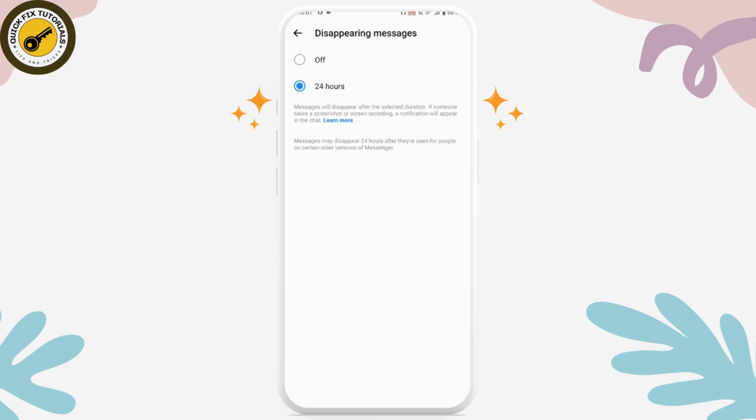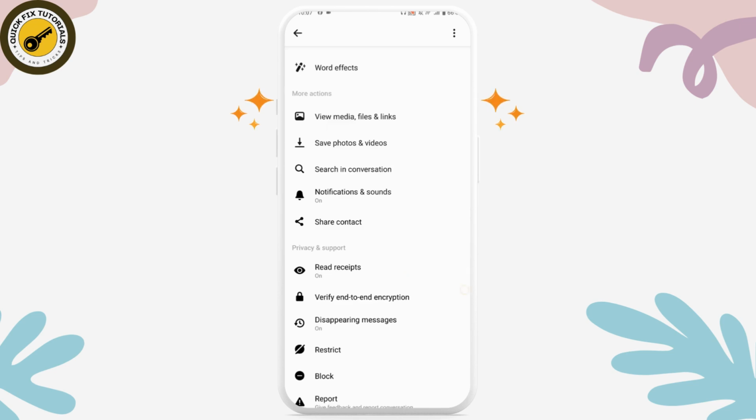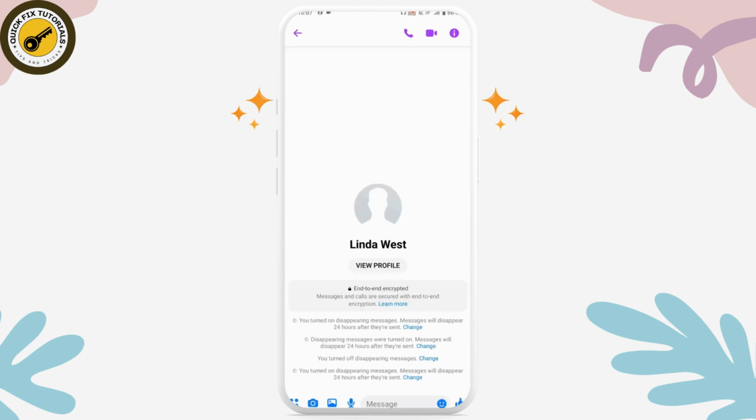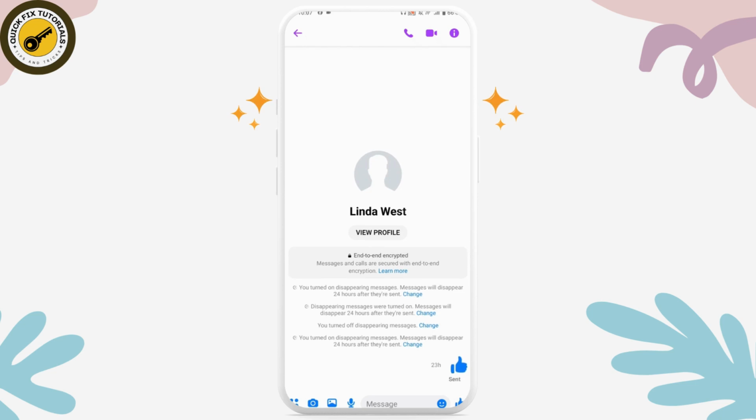So that's how you can turn on the disappearing messages, or that's how you can enable them. And now if you send a message within 24 hours, that message will be deleted, or that message will be removed from Messenger. So that's how you can enable